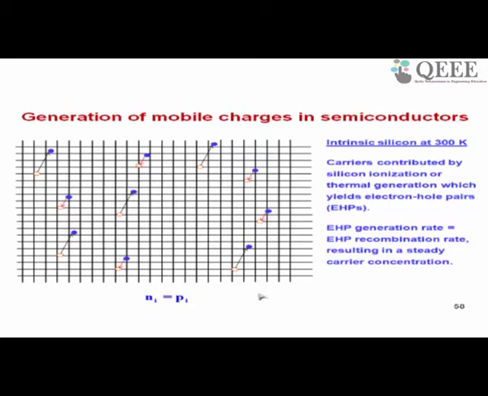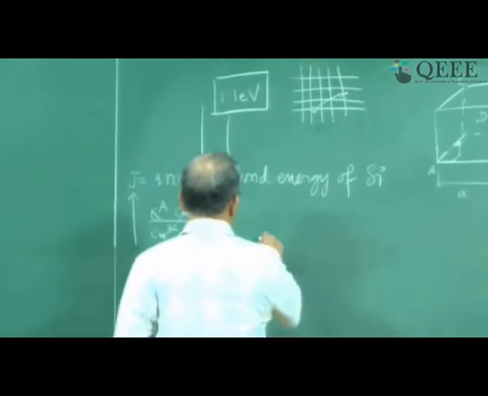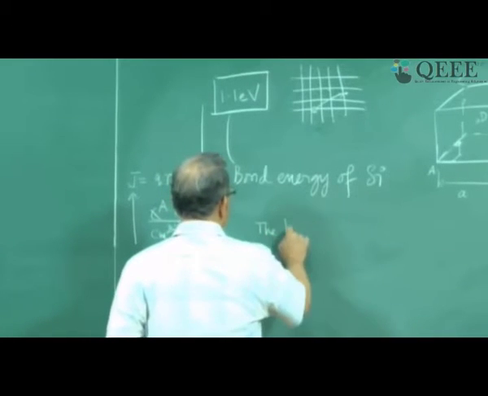It is easy for us to appreciate how the free electrons will contribute to current. When you apply an electric field, the free electrons can move, right? But how do the vacancies move? So the hole or the vacancy is like a bubble in a liquid. This is the analogy, the bubble analogy of a hole.